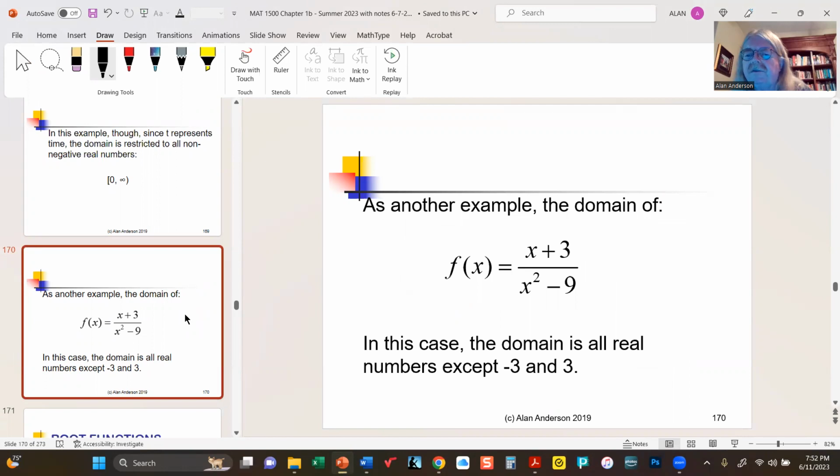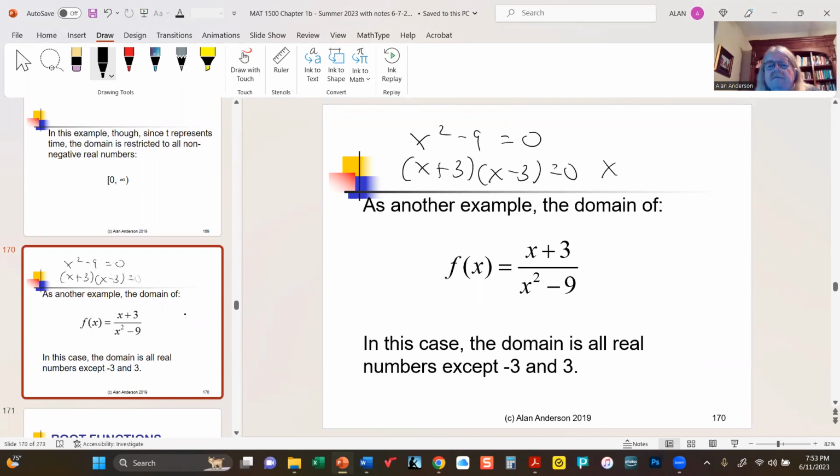Now here's another rational function, and this one is pretty straightforward. If you look at it carefully, you'll see that the denominator, x squared minus 9, if we set this equal to 0, we can factor this out or use the quadratic formula. These are the two values of x that would lead to division by 0. And therefore, the domain